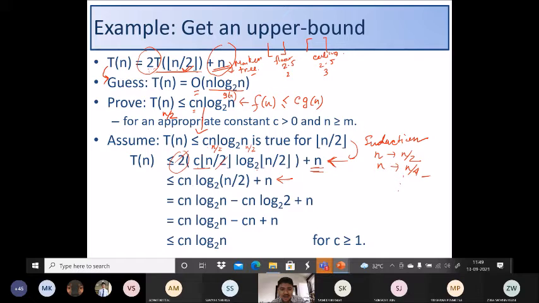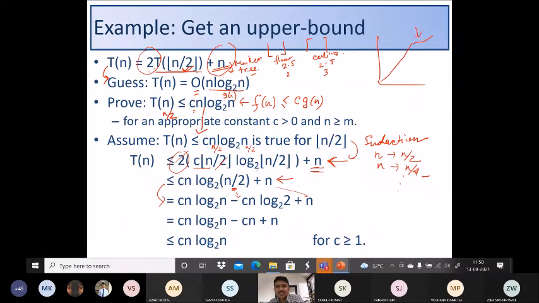Now, two things we have done. One, based on the log formula, for division it should be minus Cn log 2 base 2, plus n. Okay. The main question is, it is written less than or equal to. Why are we taking equal to here? So it is less than or equal to, and we are taking equal to. Why? Because